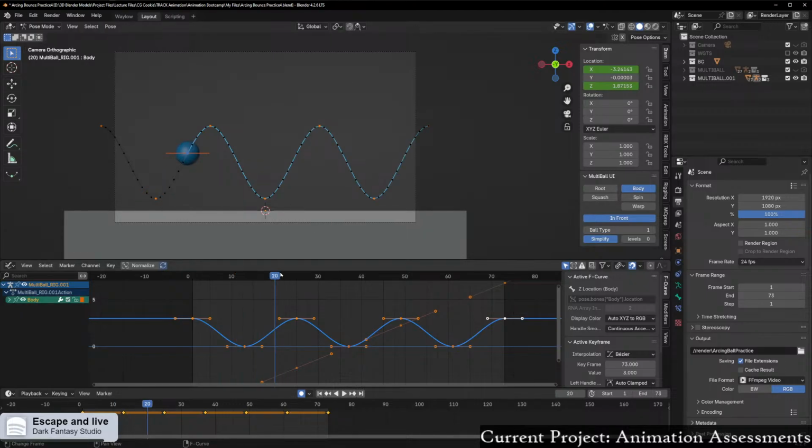So now, if I update all the paths, it should do a funny little wiggly worm thing. Alright, hide the